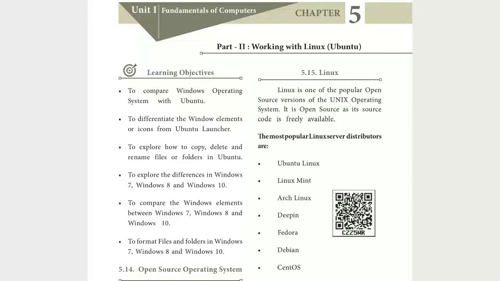Hello students, today we are going to see chapter 5. In that we are going to see part 2, working with Linux. In this chapter we are going to deeply discuss what is